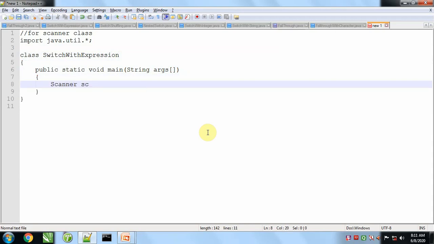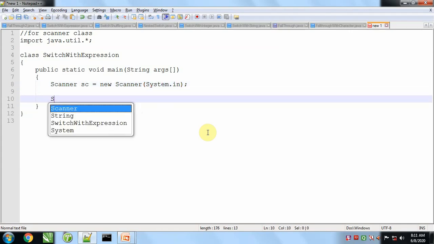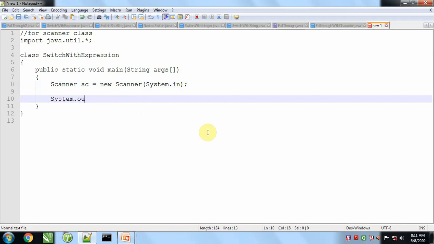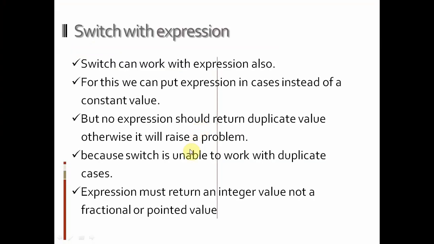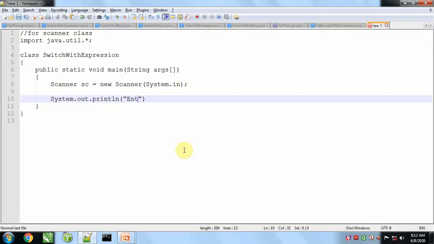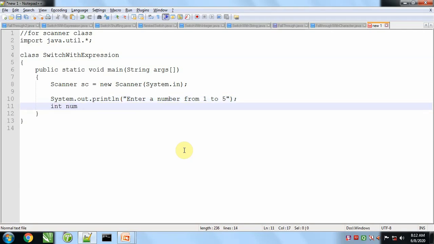Here we'll make an object of scanner class, print a simple message, enter a number from 1 to 5, and read this number.